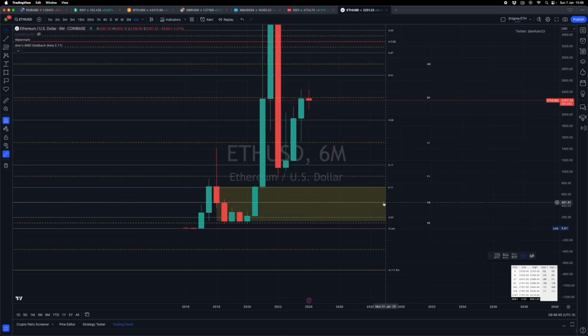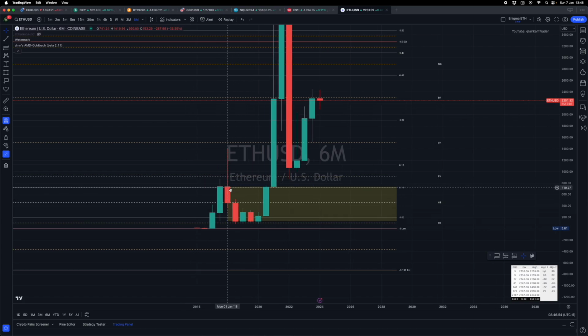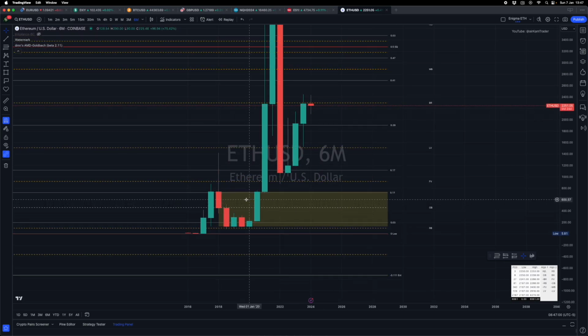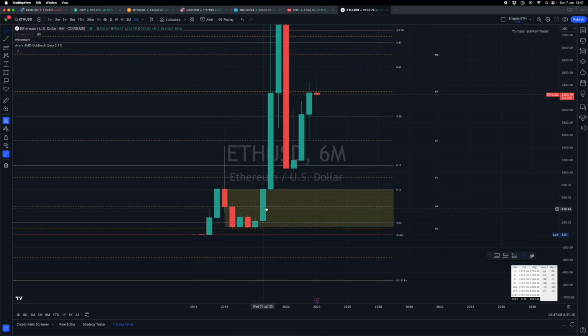So this is the mean threshold of the order block. Okay, can you see how this order block was also split in half right at the mean threshold? Right, is that a coincidence? You tell me. Once we had the order block and price penetrated above it, we had a slight retrace into